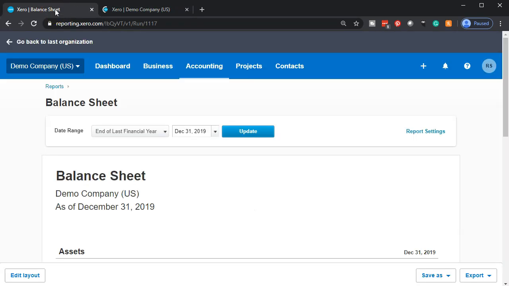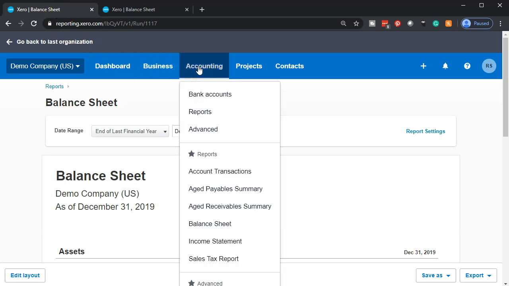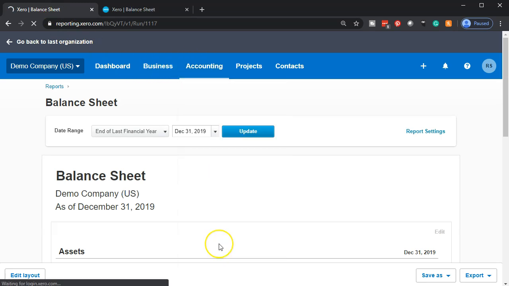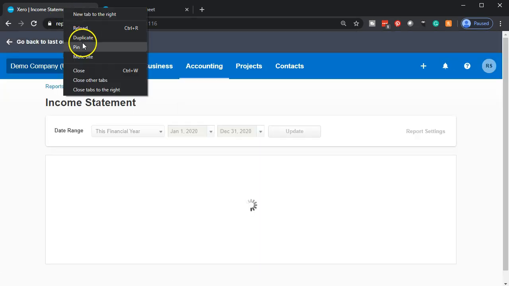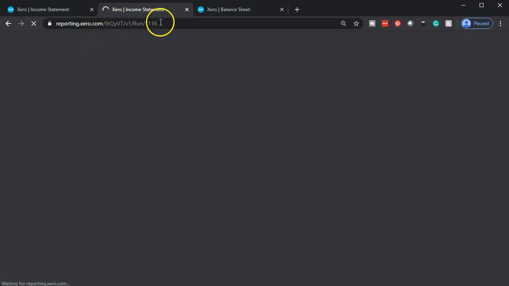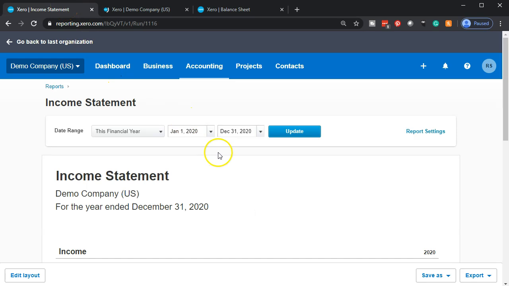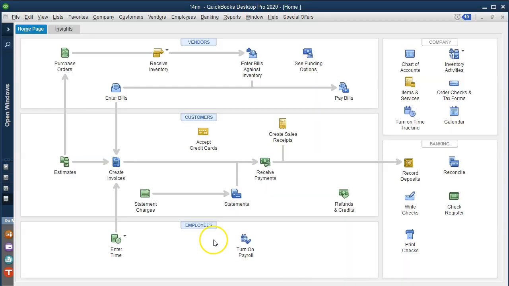I'm going to go back to the left and do the same thing for the P&L, profit and loss, or income statement, as it's called here, the income statement. We're going to then be opening that up. I'm going to right click on the tab up top. Once again, we're going to duplicate that tab. So our major financial statements to the right, we're then going to be moving to the left to enter any data into it. We're then going to go down to the QuickBooks Desktop just to take a look at the